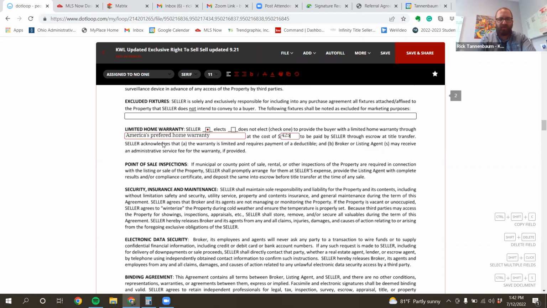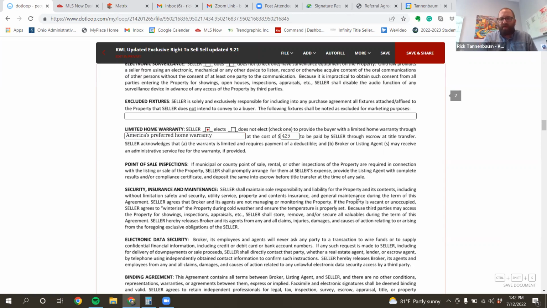Cost is $425, and paid by the seller through closing. Now, when I present this, I also tell my clients that, look, it's negotiable. So if you choose not to have a home warranty, that's fine. If the buyer then comes with an offer and says, we want the home warranty paid by the seller, it